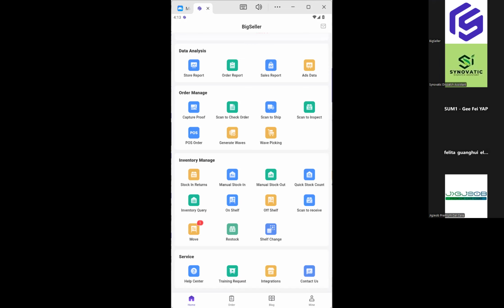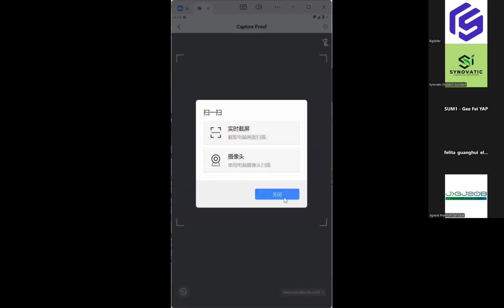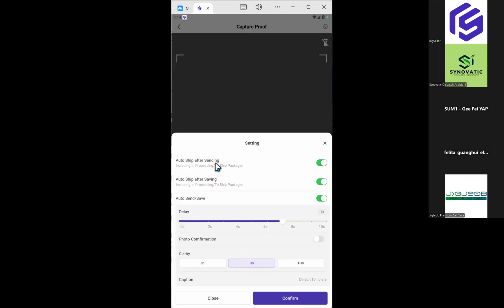Okay. Like you click here, as you can see there will be a setting here, like this one. Click here to set that. You can choose the auto ship after setting or after saving according to your needs, and the auto send and save. The delete here, you can choose the delete. It means that when you